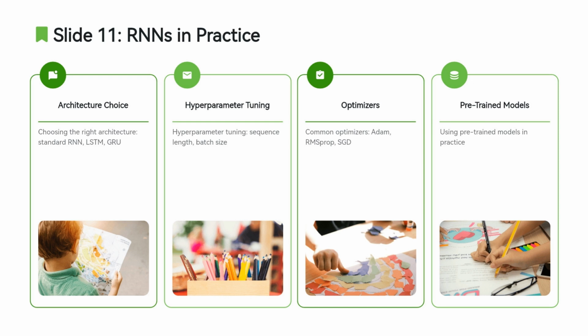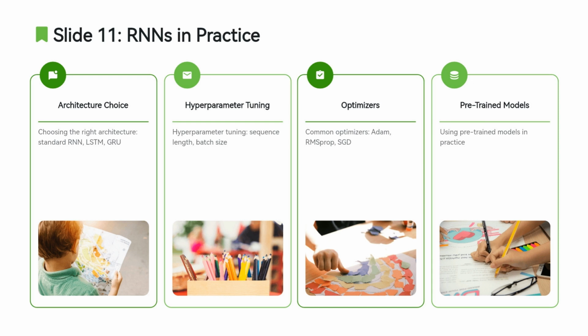On the other hand, for simpler tasks, a standard RNN might suffice. Hyperparameter tuning plays a significant role in optimizing RNN performance, with parameters like sequence length, how long the input sequence is, batch size, and the number of hidden units needing careful adjustment. Common optimizers like Adam, RMSprop, and SGD are used for updating network weights. Another practical approach is to leverage pre-trained models, which can be fine-tuned for specific tasks, especially when you have limited